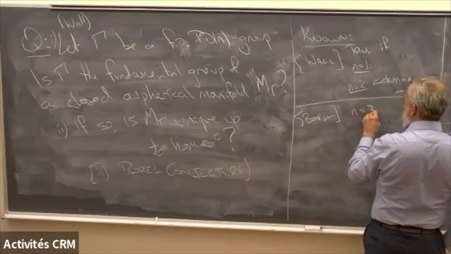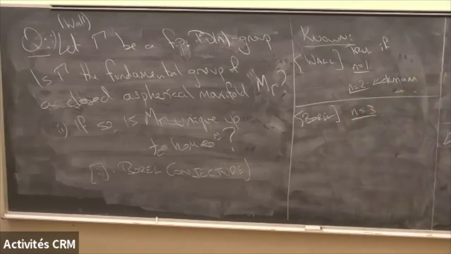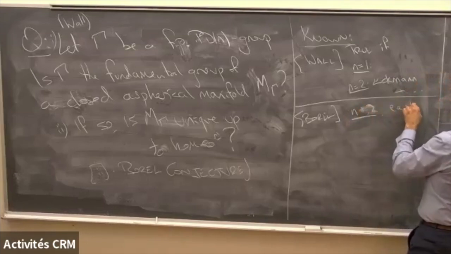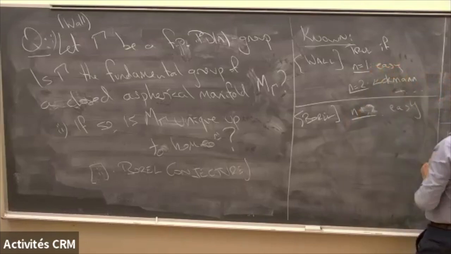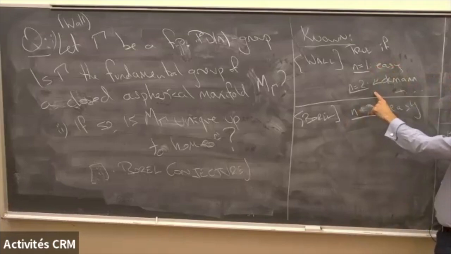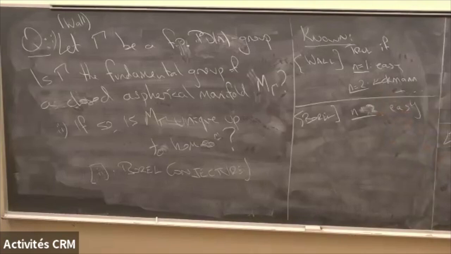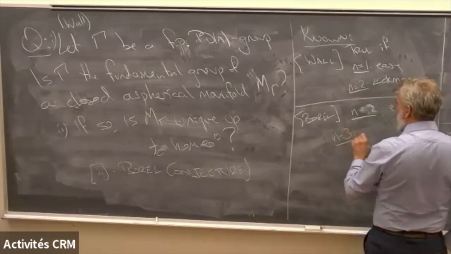Borel is known for n less than or equal to 3. Again, for 1, it's easy. For 2, it's the classification of surfaces, and for 3, it's a little bit harder. So n equals 1 is easy. N equals 2 here is harder. You just have the group and you have to build a manifold. You might worry that there's some weird group that satisfies this homological condition, but where did you find the manifold from? So the existence question is definitely at least naively harder than the uniqueness question, because here at least you have a manifold.